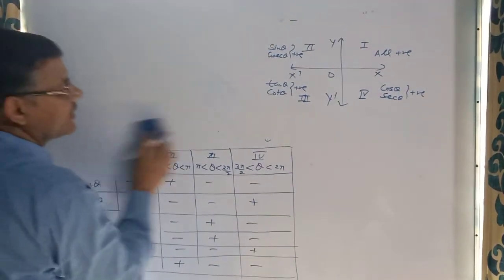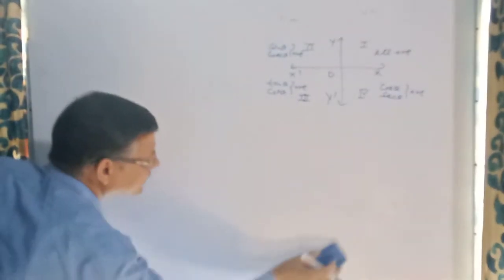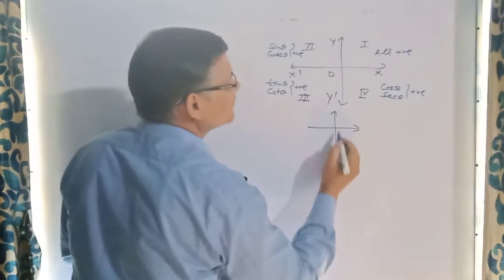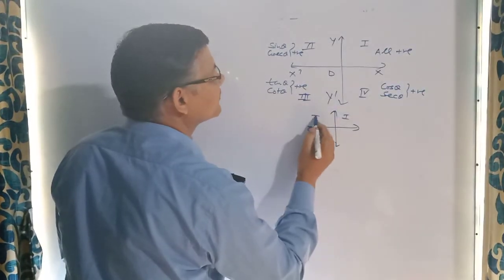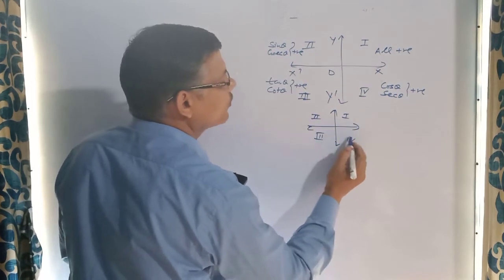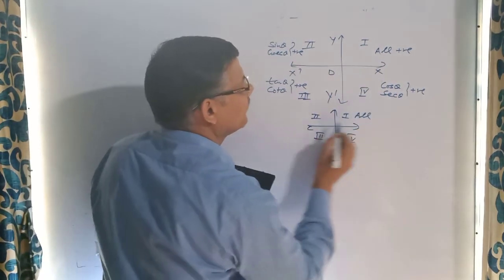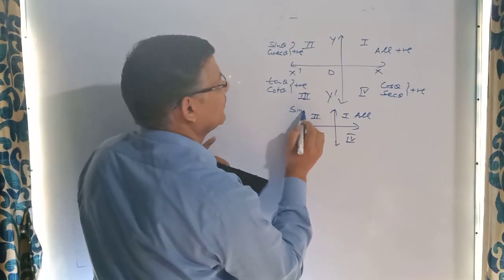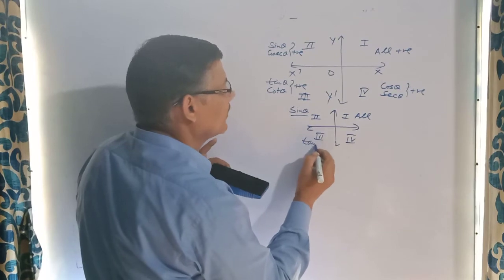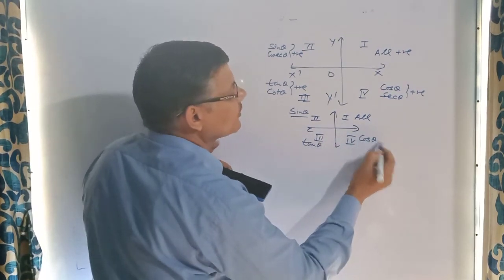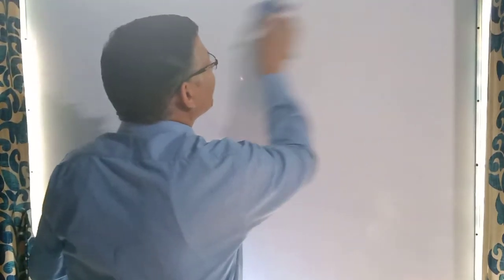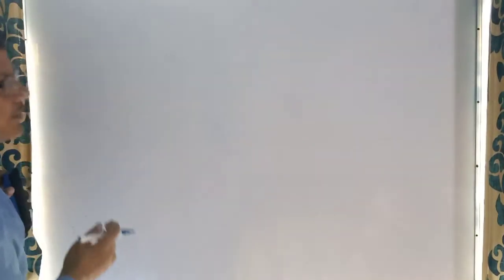Now, the next topic, or we may use this simple way. Sometimes we use it for first, second, third, fourth. We write here all. We write here sine, meaning sine with cosec, then we write here tan, and we write here cos theta. So this is about the signs of the trigonometric ratios in the respective quadrants.